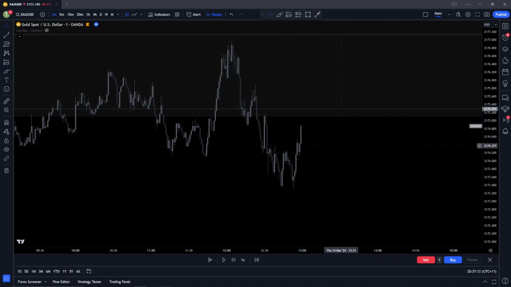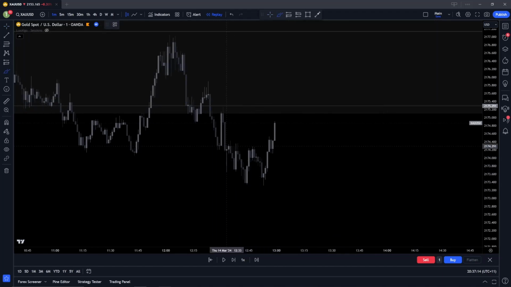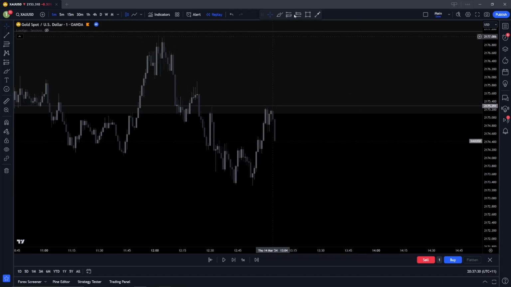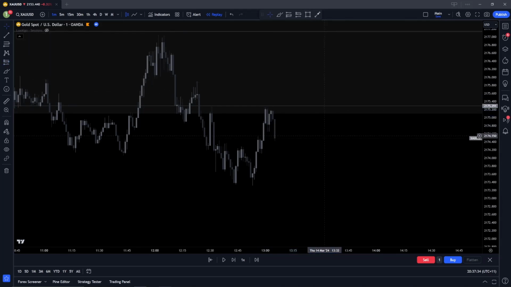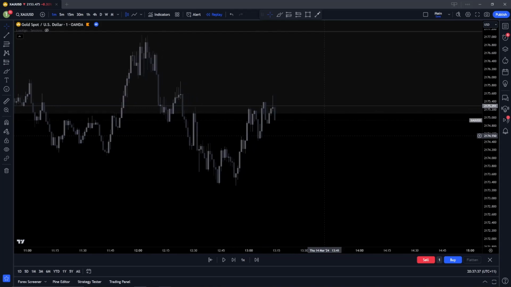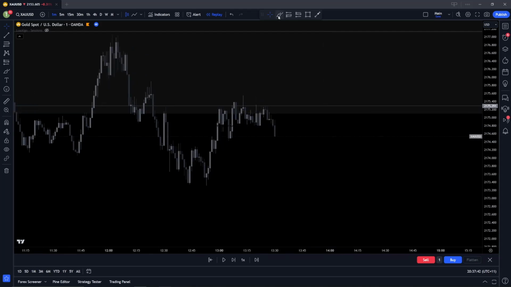Price is fractal. What happens on larger time frames happens on small time frames. And you'll even see on the inverse here, on the reversal, that we just barely break that low, and then we break these highs, test those highs, and come back into that. I just find this tends to happen in price action. So you can take a sell here, maybe put your stop loss above here, maybe the previous high will be high probability, or what I'll do is wait for low time frame structure, 1 minute, to have that shift. So we have that high, low, then we can consolidate, and then we break that low.